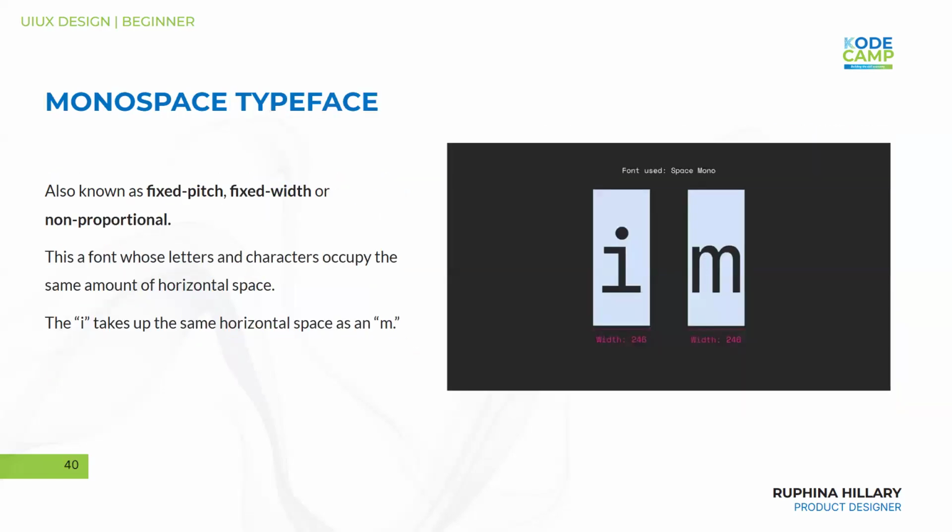So now, the last one we want to talk about today is the monospace typeface, also known as the fixed-pitch, fixed-width, or non-proportional typeface. This is a font whose characters and letters occupy the same amount of horizontal space. So they have the same width. Like you said, the I takes up the same horizontal space as the M, right? They take the same horizontal space. So you see these ones in, let's say,